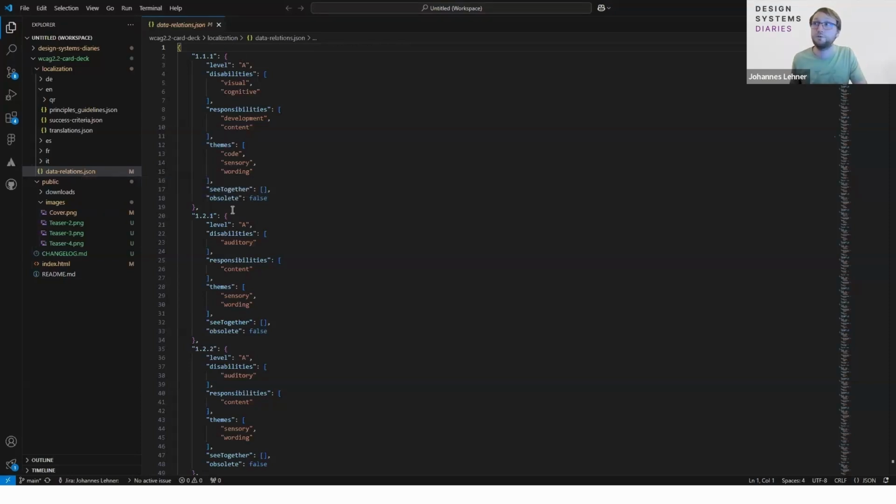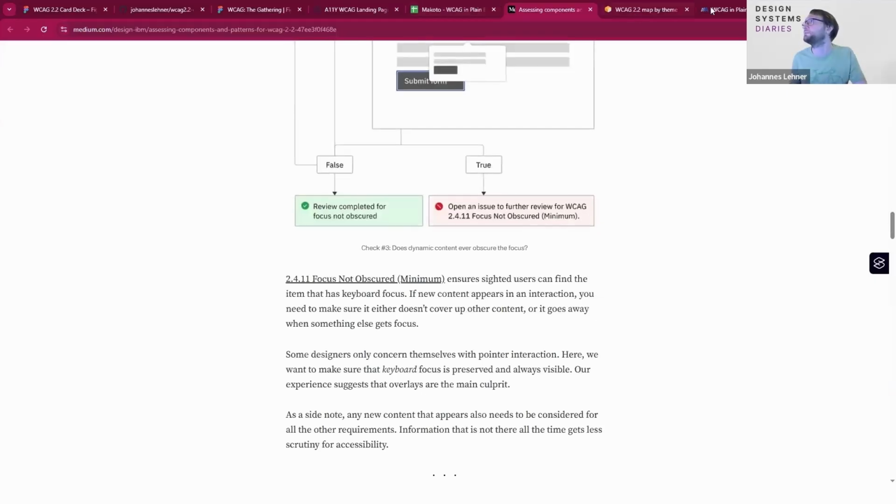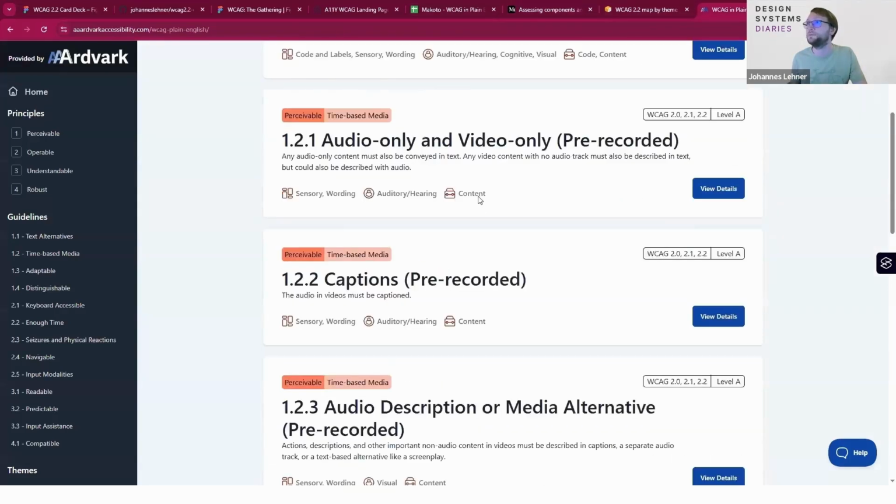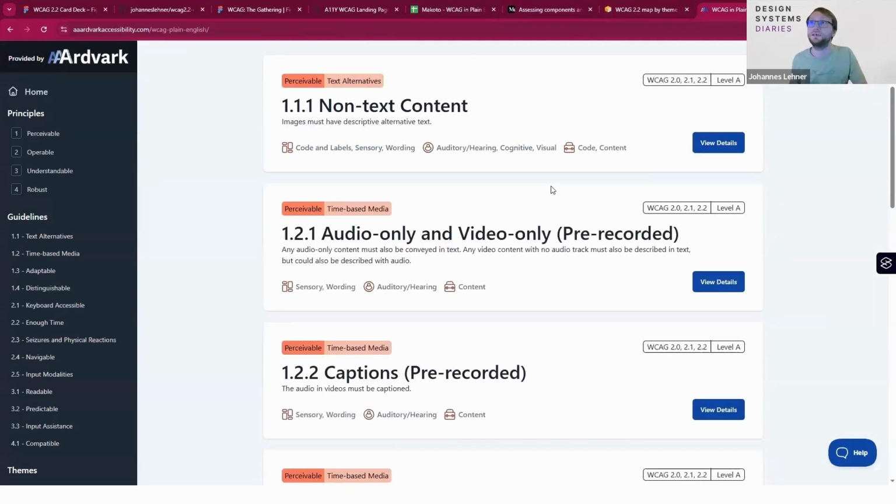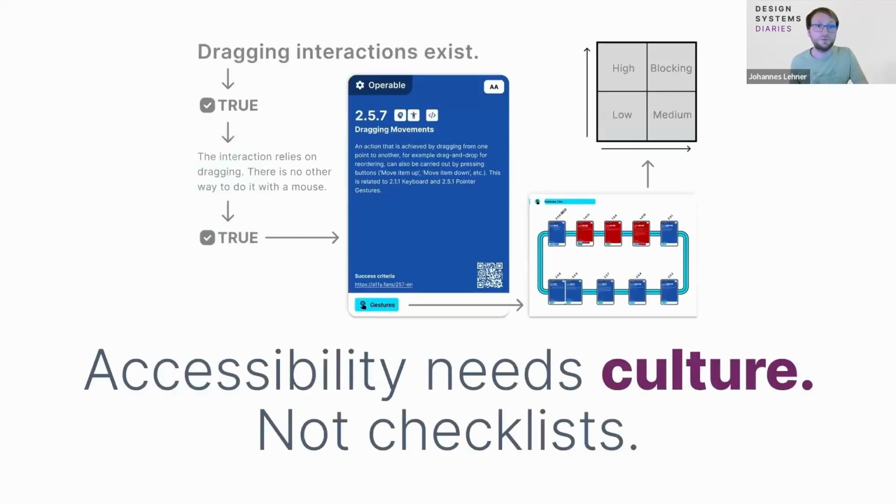Also the relations that I put up here, with what themes there are and what developments there are. This is something I want to highlight because there is already one project making use of these connections. It's WCAG in plain English. They are making use of the effort we put in there. And I think I'm about at the end of time, and I promised to show you a last slide so you can connect with me if you want to.